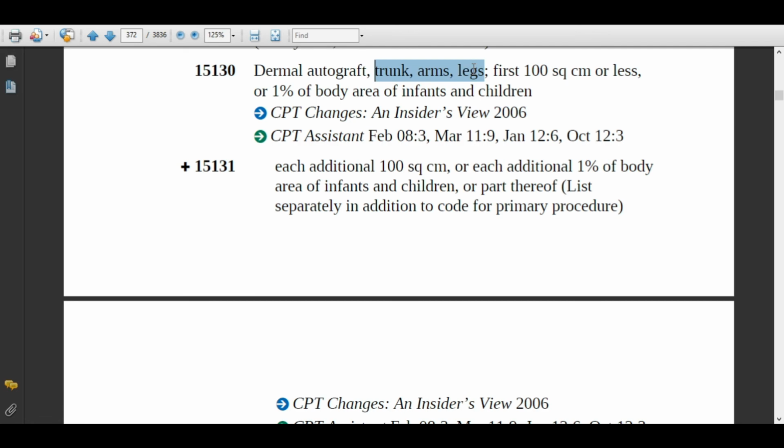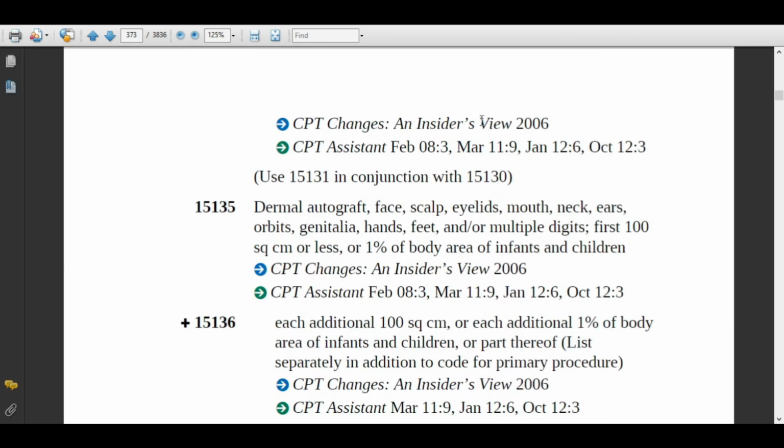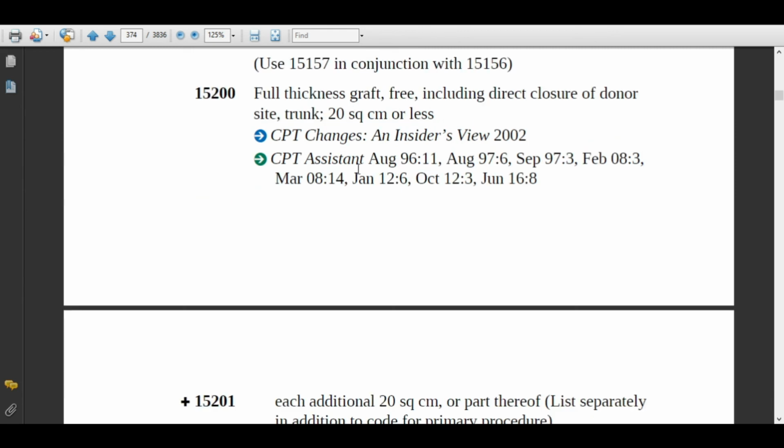Then after this group you have another group for the same procedure, that is face, scalp, eyelids, mouth, neck, ears, orbits, genitalia, hands, feet and or multiple digits. So assign this if this body group or any site from this body group is documented in the medical record of the patient. If the area is more than 100 square centimeters, you need to assign 15136. Then we have the other code